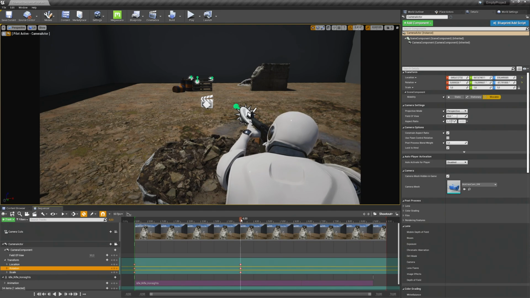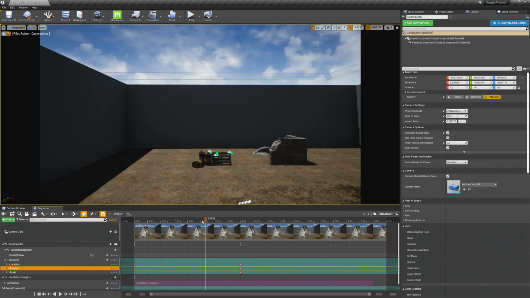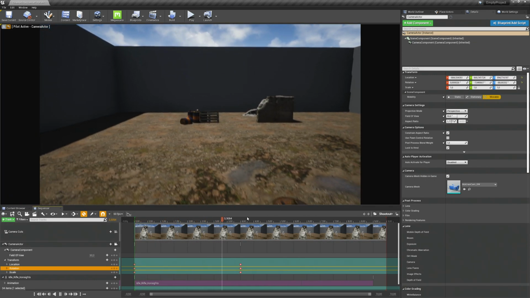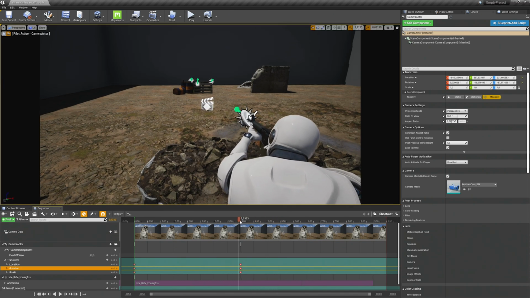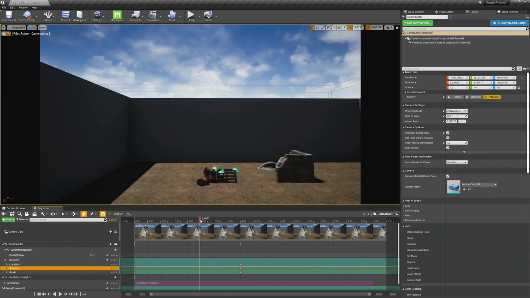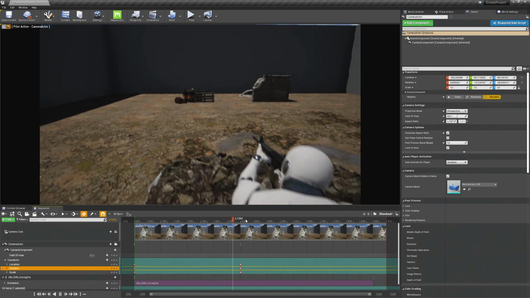To play it, you can press either space or click on the play button at the bottom left. There are also some other buttons here to set the sequence to be looped, or you can also reverse the sequence by clicking this button, but I just want to check if the speed of our camera is looking good. Therefore, I move back to 0 on the timeline and click on space. I think the first few seconds are nice, but from this point here it gets a bit too fast.